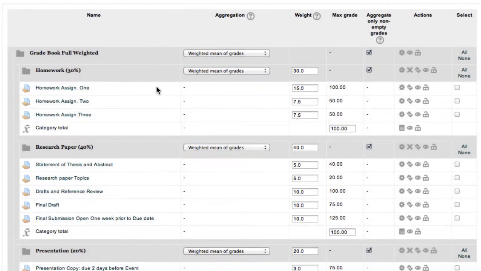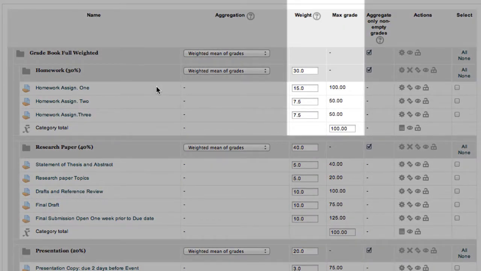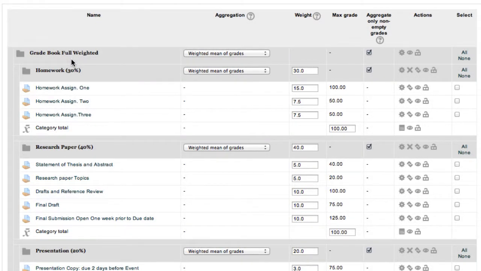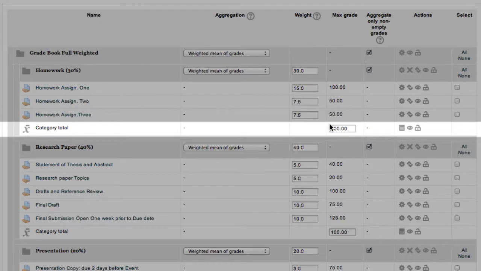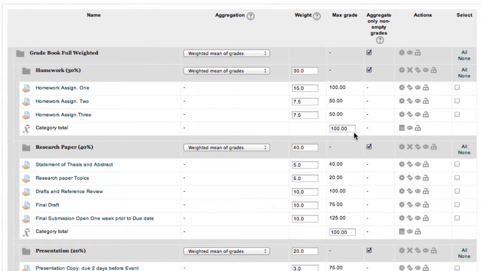We want the 100 point homework assignment 1 to be worth twice as much as the other two. The total value is 30%, so we make that assignment worth 15% and the others worth 7.5. Notice the category total in the homework section is 100%. That's exactly how we did it the last time. We are not talking points, we are talking percentages.